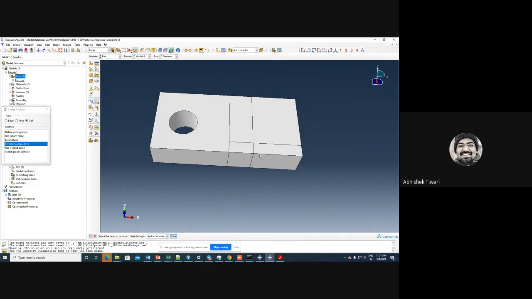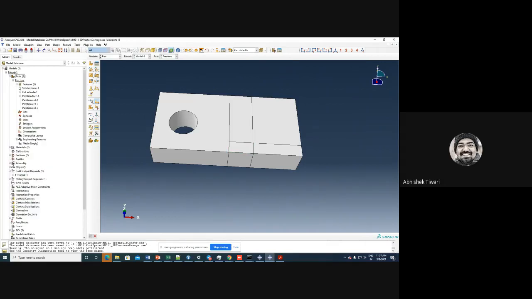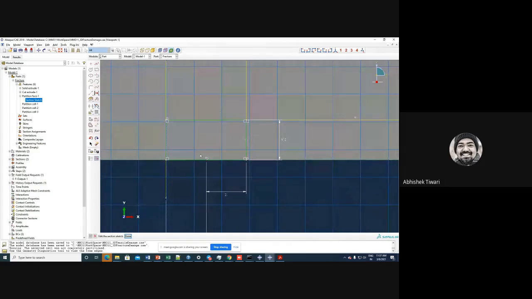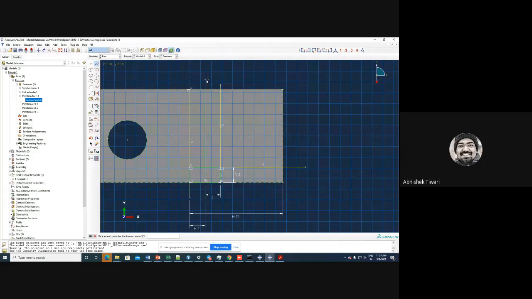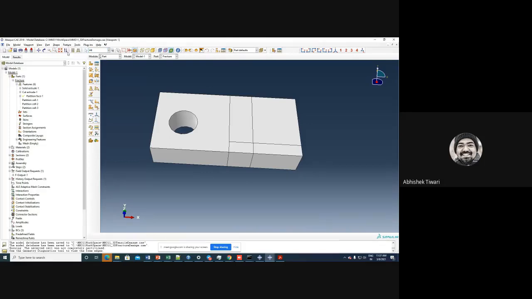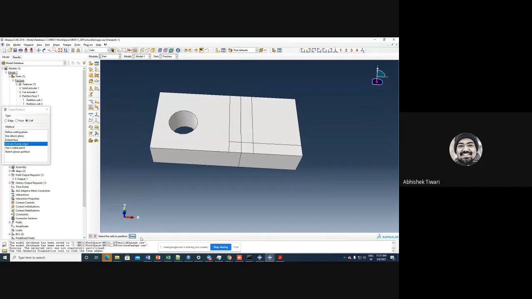So for that I will have to do the partitioning in a little complicated way. So let us edit this part because I want the crack tip to be here. So let us make the whole thing like this. And done. Okay, regenerate, keep changes, and then extrude this one. So this line and this line, I want to extrude, sweep along edge. This one, oh, the whole 3D partitioning is gone.